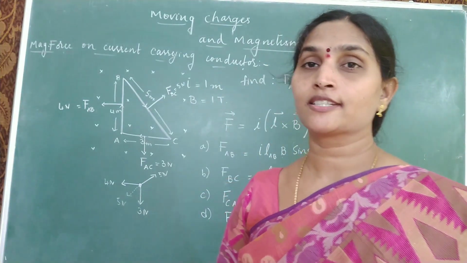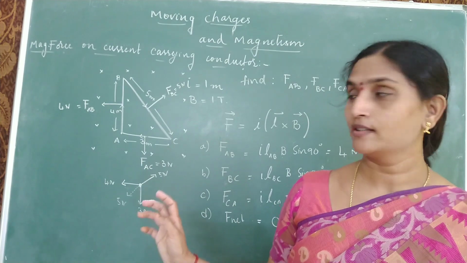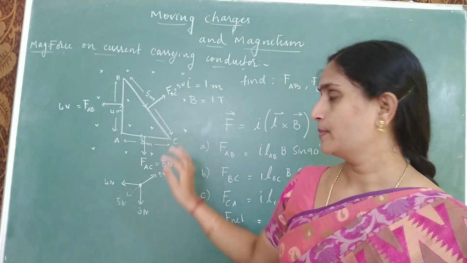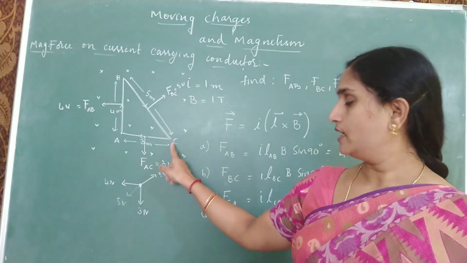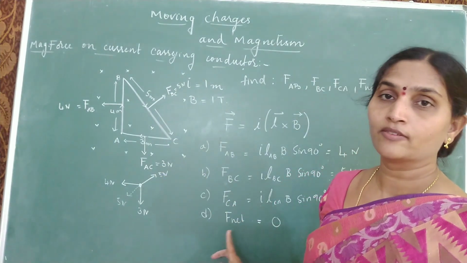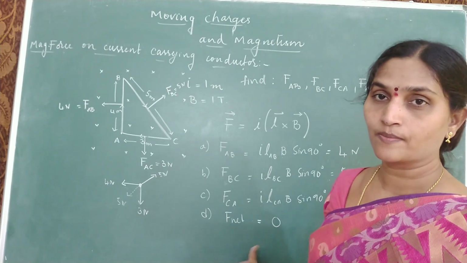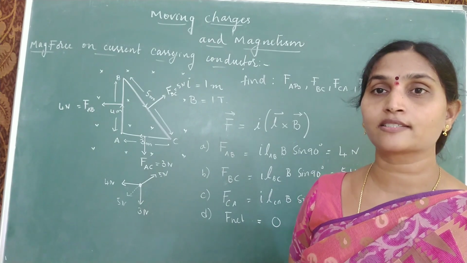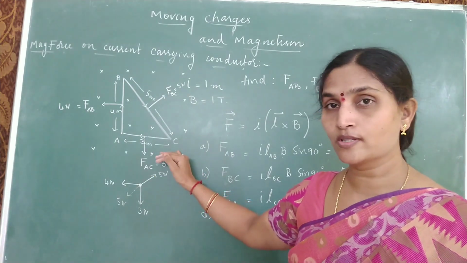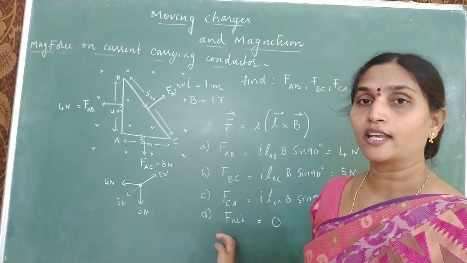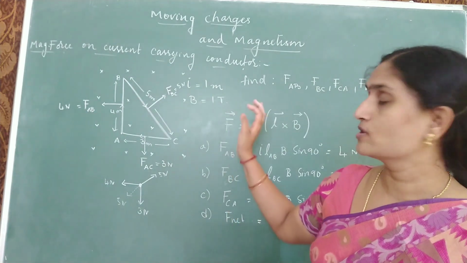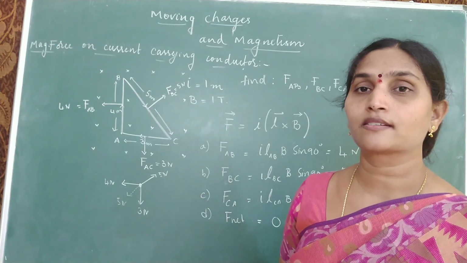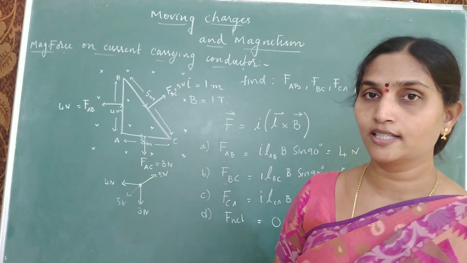So what is the inference that we have understood from this example? Whenever you have a closed current carrying loop placed in a magnetic field, the net force acting on the closed loop will always be equal to 0. Again, I am repeating the conclusion. Remember this, it helps you to solve the next level questions. When you have a closed loop, the net force acting on the current carrying conductor becomes 0 because of the magnetic field. Now using this example, let us consider a few more numericals and then we will solve them.